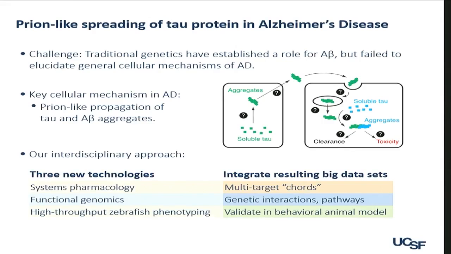The way we're approaching this is really in an interdisciplinary manner. I'm coming from a systems pharmacology approach. This is a new field. It really only was given a name in 2011, and it means a lot of different things to different people. But for me, it's looking at a computational basis to look at the way that small molecule structures take us to drugs and the way that small molecules work at different scales, all the way from the single interaction with a protein through cellular networks. Martin will be talking about functional genomics. And then Dave will come in with behavioral phenotyping in whole organisms and vertebrates, in this case zebrafish.